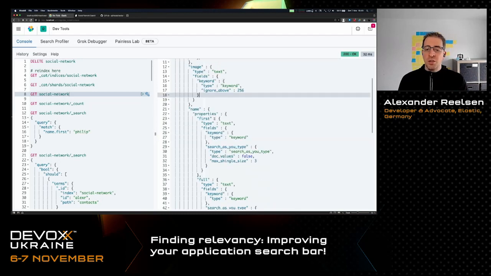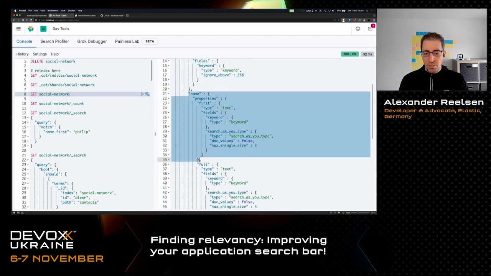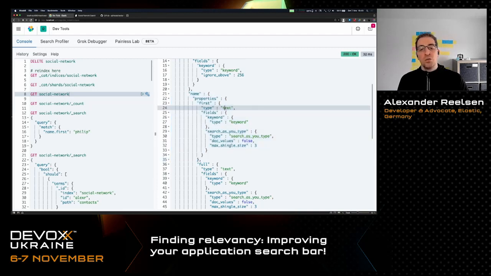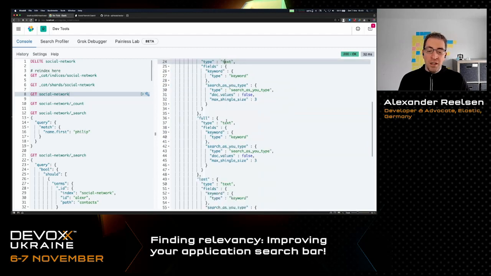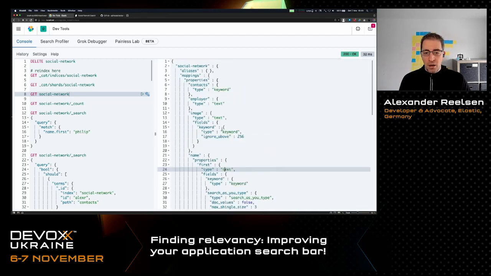But it also contains the configuration for every single field, right? If you take the name field, for example, which is over here, you can see that there are different subfields. There's a search as you type configuration, which supports this prefix type functionality. There's also text fields, so you can do the regular searches that we saw at the beginning, and we did the same for the first and last name.